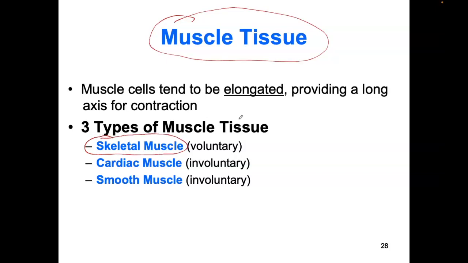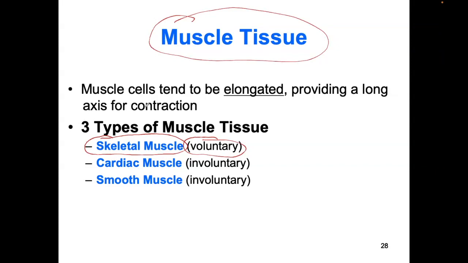Any type of muscle that attaches to your skeleton and can move your bones is called skeletal muscle, and it is voluntary, meaning you have conscious control of moving your bones because you have control of contracting your skeletal muscles. When you're writing with a pen, you have to contract your muscles of the fingers. You can consciously contract your biceps and triceps to pull a door or to push a door. You need your biceps and triceps for that. It's voluntary. That's skeletal muscle.